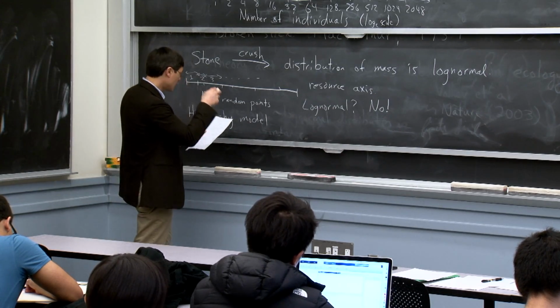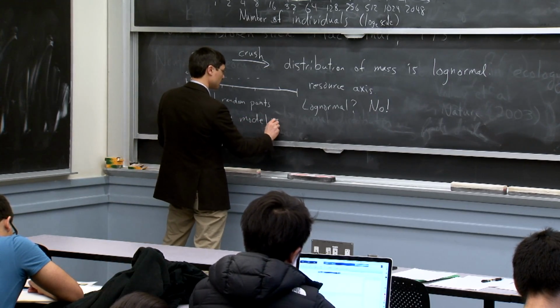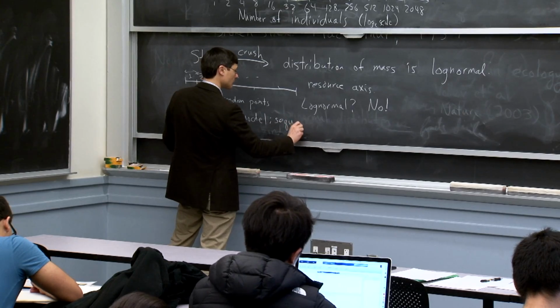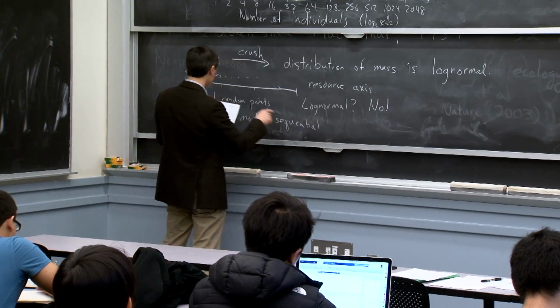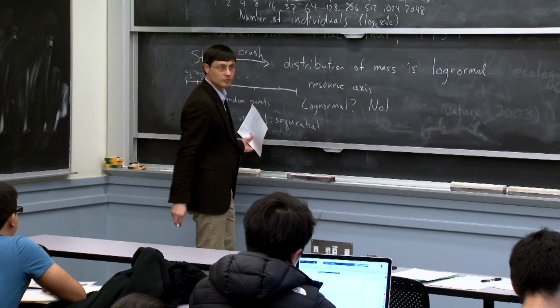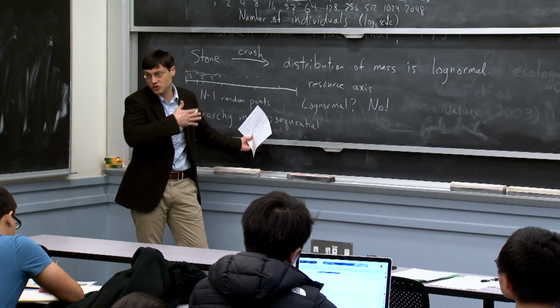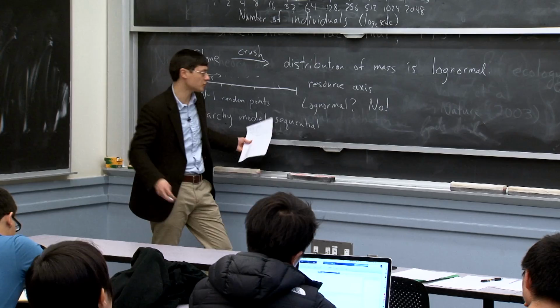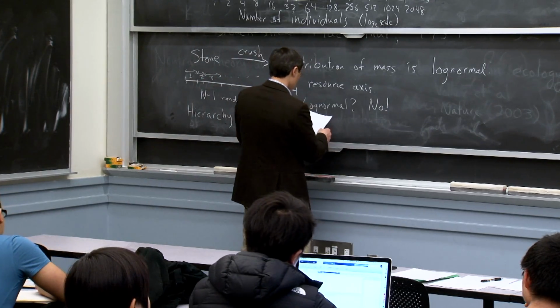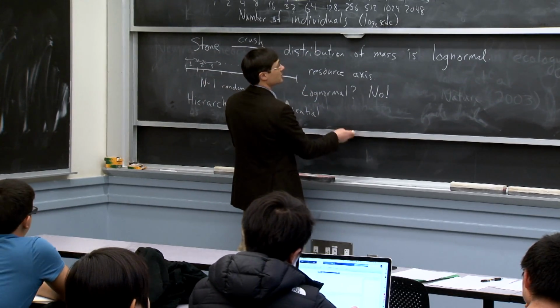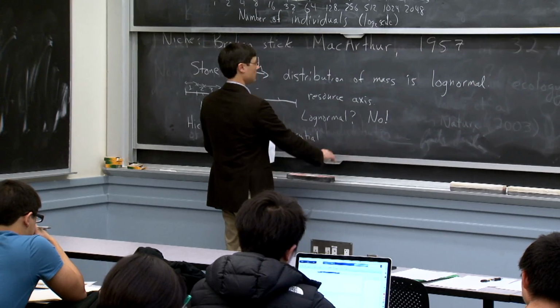Right. And the key thing is that it's sequential. You have your resource axis, and first you have some rule for breaking it up. It could be that you just sample uniformly or some other probability distribution. But the idea is that you have, and the way that you might think about this is via